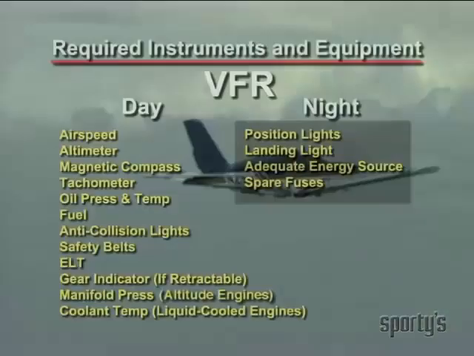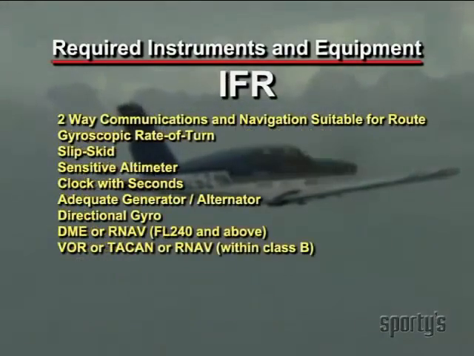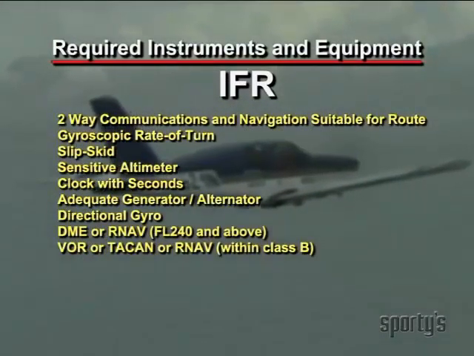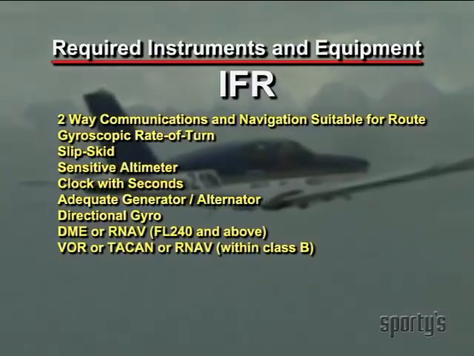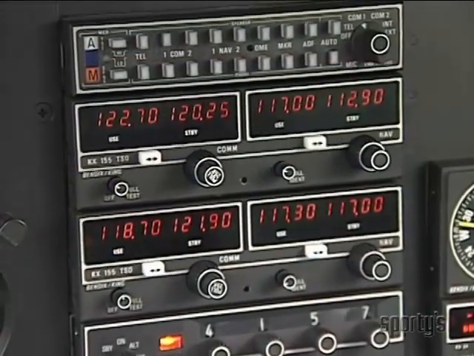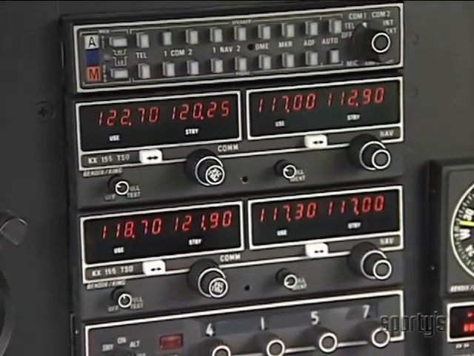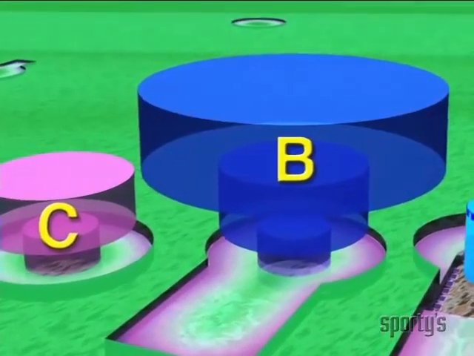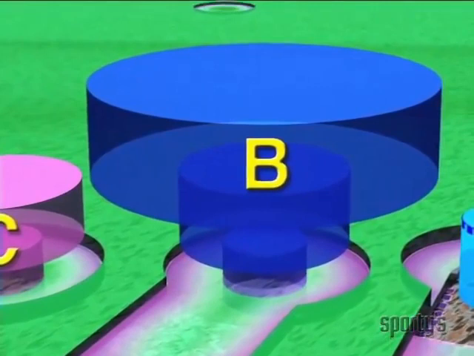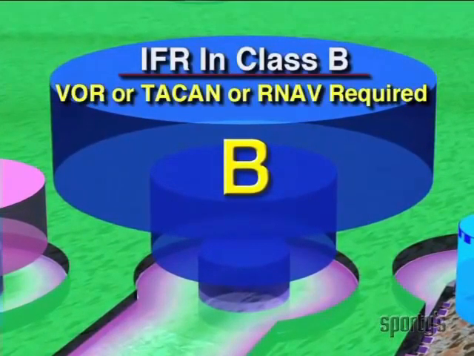In addition to the instruments and equipment for day or night VFR, there are specific instruments and equipment required for IFR. These are listed in the regulatory language of FAR 91. Here's a quick look at the regulatory language. You are required to have two-way communication and navigation suitable for the route to be flown. That's rather general, but the FAA gets specific when operating IFR in Class B airspace. There, you must have a working VOR or TACAN or an operable and suitable area navigation system, such as an